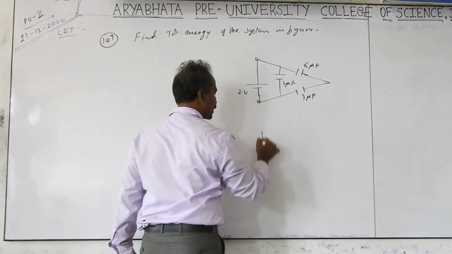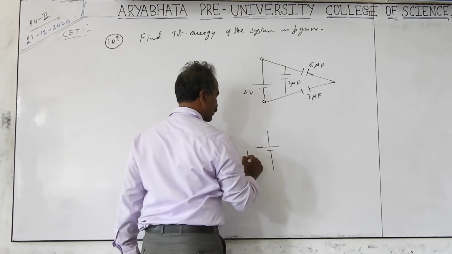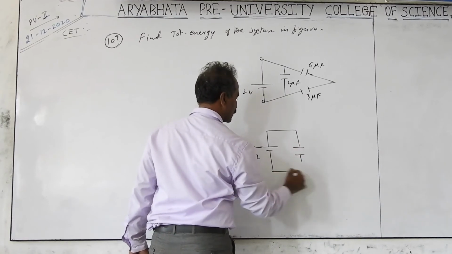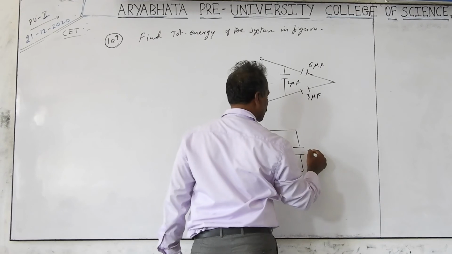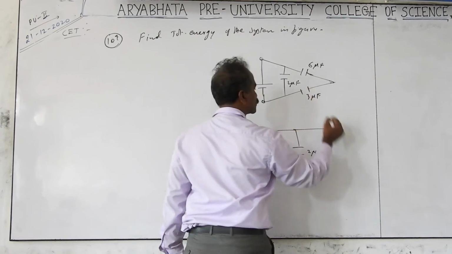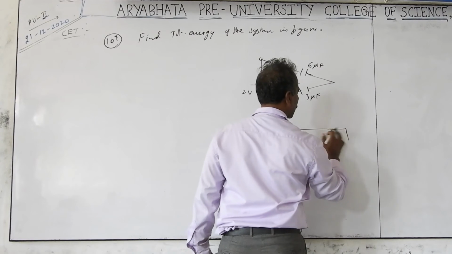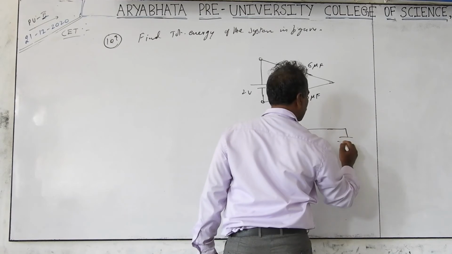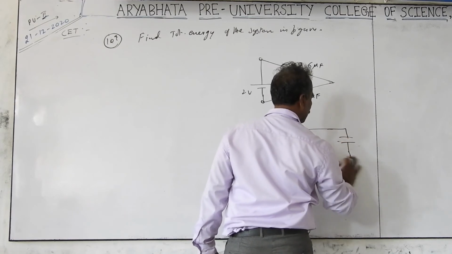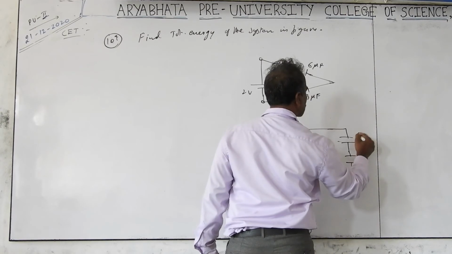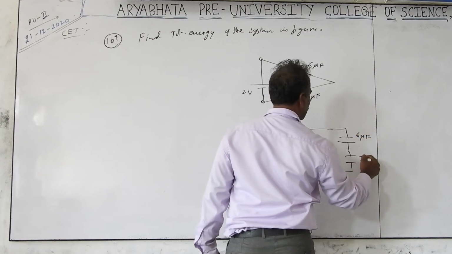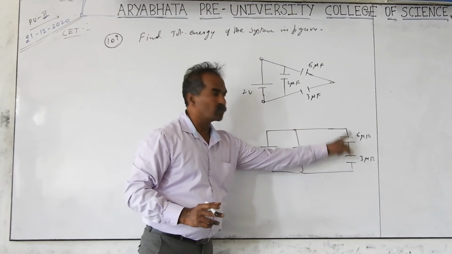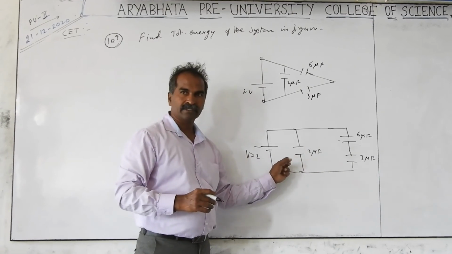So an equivalent diagram we need to take. Same diagram, if I take it like this, it becomes a battery. Voltage is 2 volts, and here in parallel 2 microfarads, and these two coming in series. First, you have to find out the equivalent capacitance of the complete circuit. This is 6 microfarads, this is 3 microfarads. What is the combination of these two? First find that out, and then it is coming parallel to 2 microfarads.